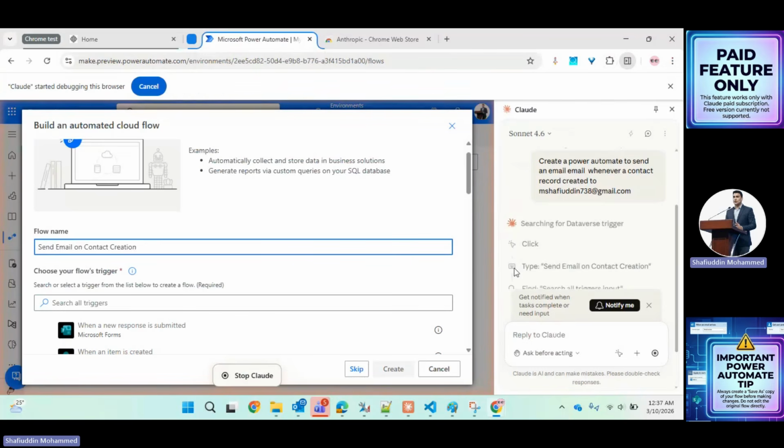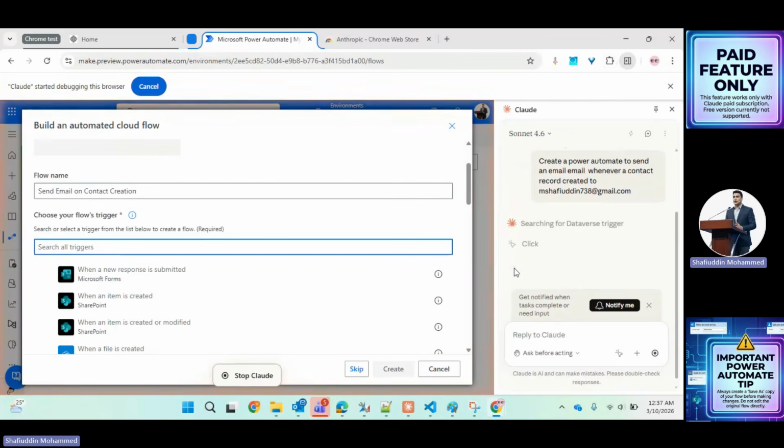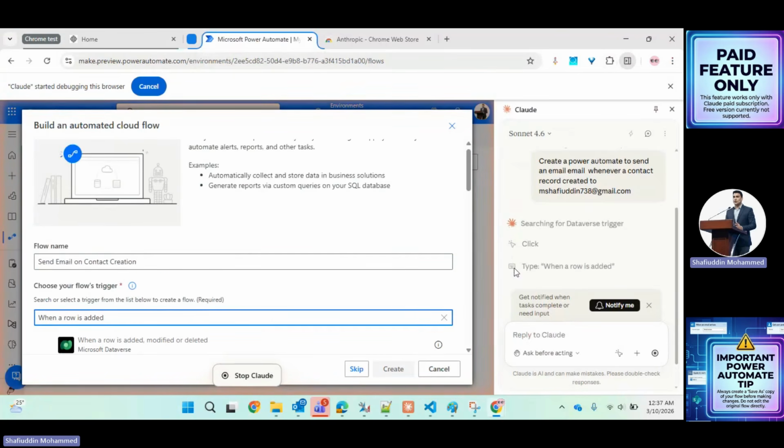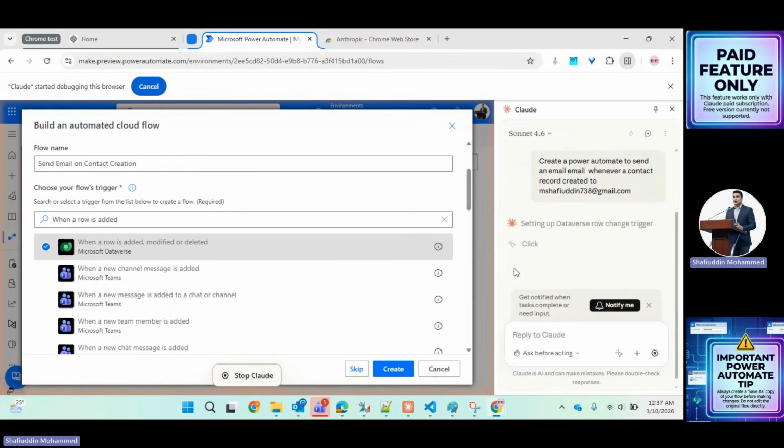Okay, I'm simply looking at the screen to see what work is being done by Claude. I'm only observing the work. I'm not doing anything. As you can see, everything, whatever the work is, was done by Claude. So it will take some time. If you are a native developer of Power Automate, it might look like the work is going slow, but for someone who doesn't know Power Automate